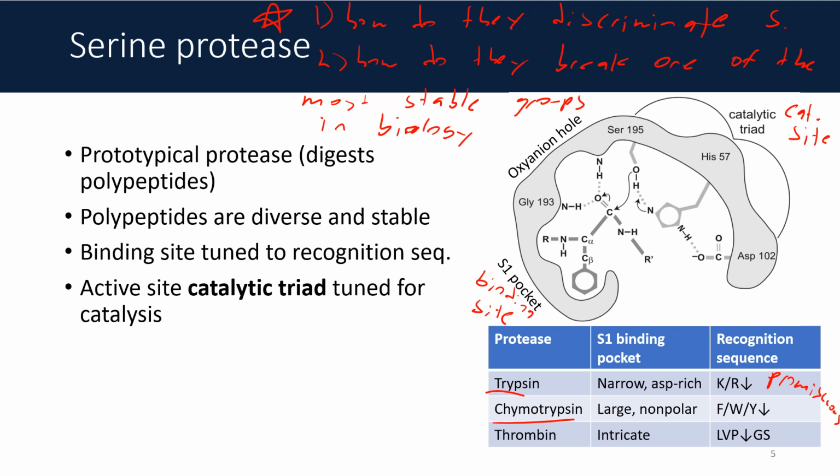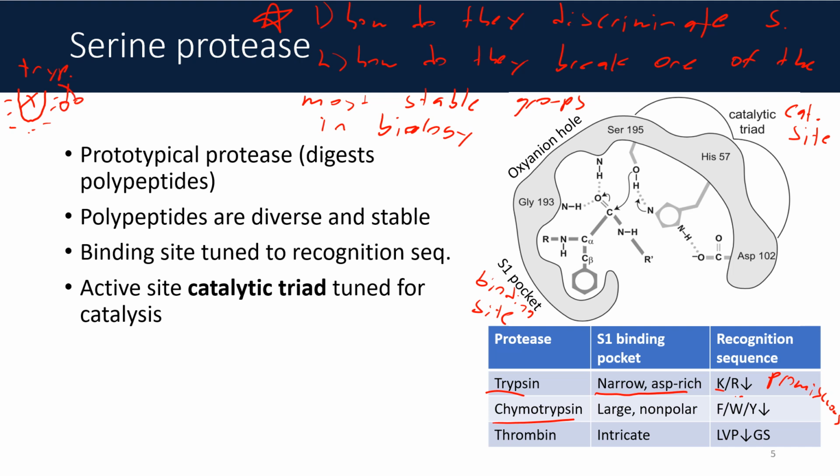In the case of trypsin, it's basically a small, narrow divot filled with negatively charged aspartates. So the trypsin site looks something like that, full of negative charges. So any peptide that has a positive side chain residue, like a lysine or an arginine, is going to insert inside that small, narrow, negatively charged binding pocket, where the catalytic site right next to it can come in with the scissors